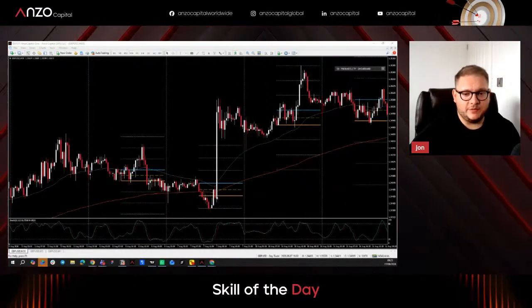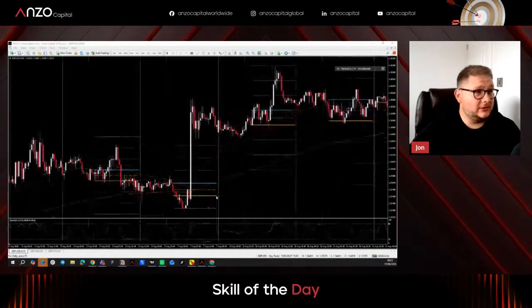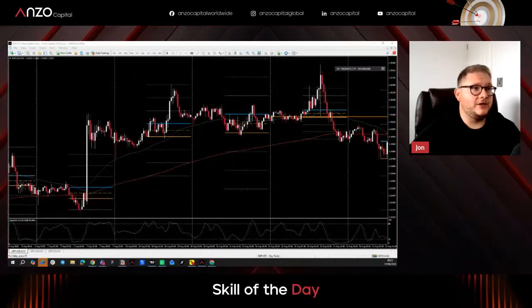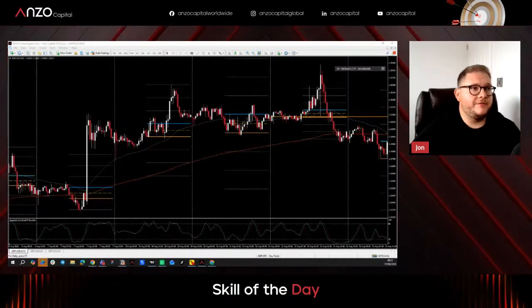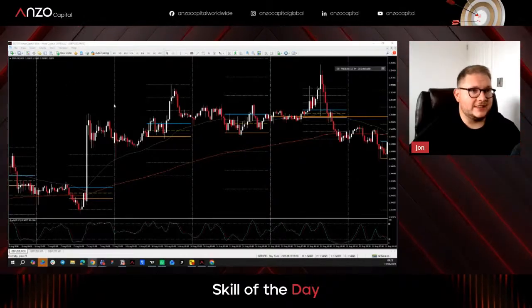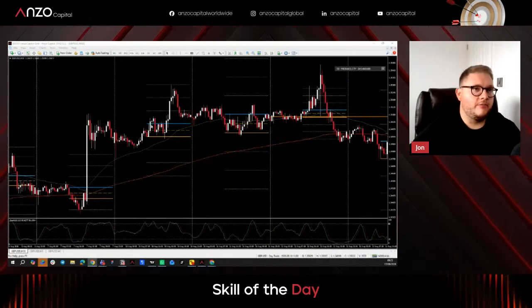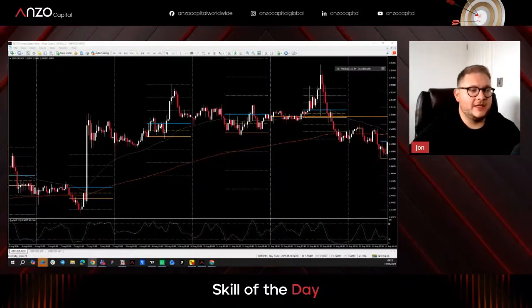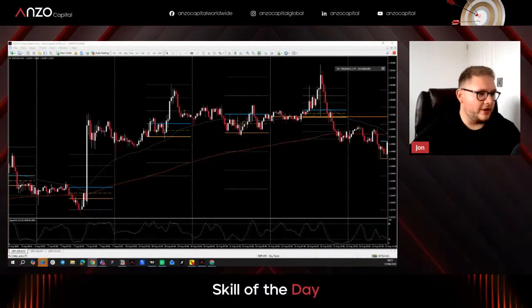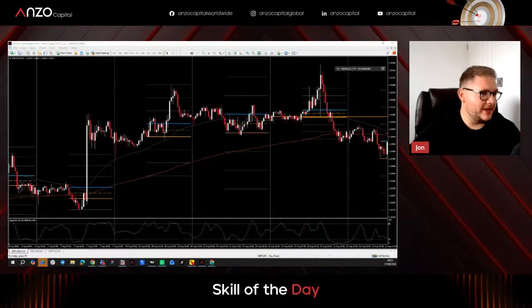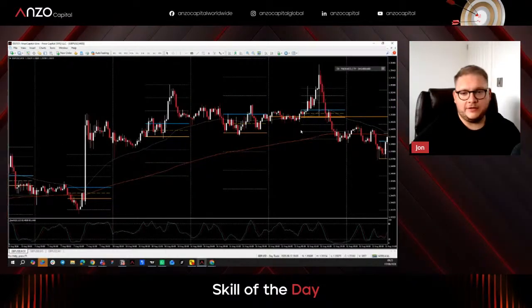Now, obviously, these come with conditions, and you have to use appropriate risk management when you use it. But the first hour of London can obviously set the range for the day. So when price breaks out of that range, it's often price trying to find fair value elsewhere. So you want to make sure that you risk small when you're trading this kind of strategy, though, because